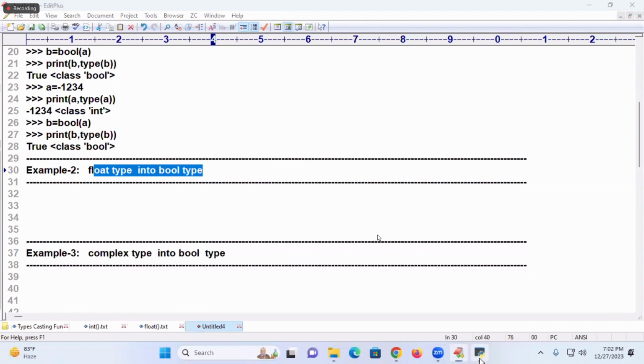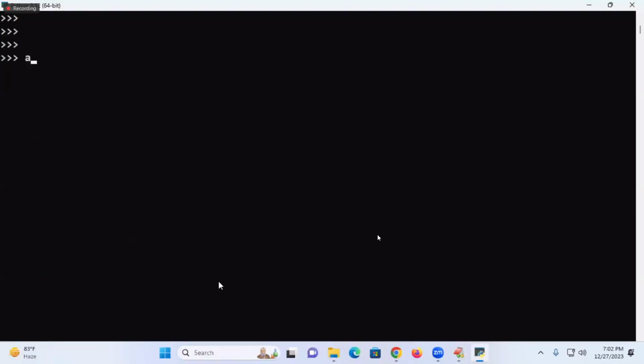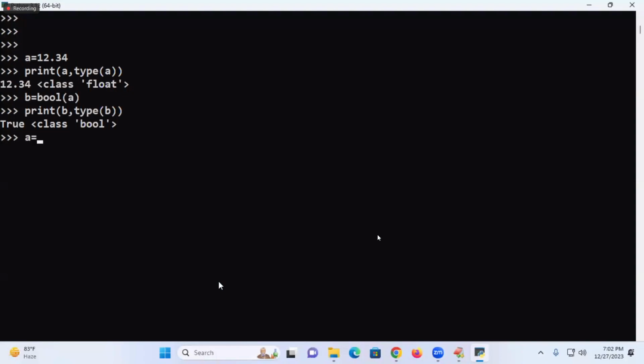Float type. Be ready. A is equal to 12.34. Print of A. Which type, students? Float. Possible or not possible? Be careful. Possible or not possible? What is the answer? Good. Good, students. A is equal to